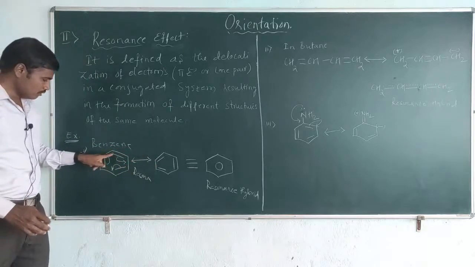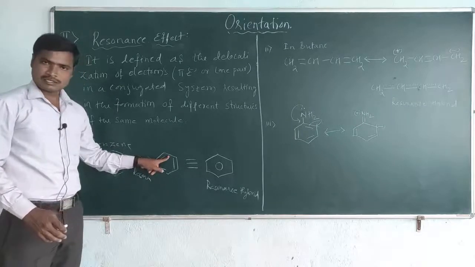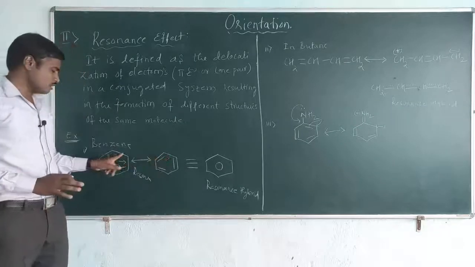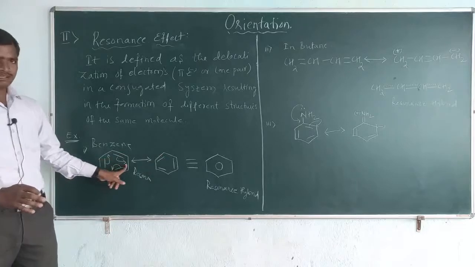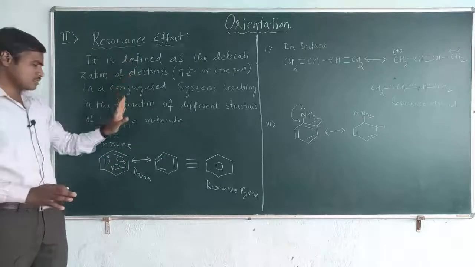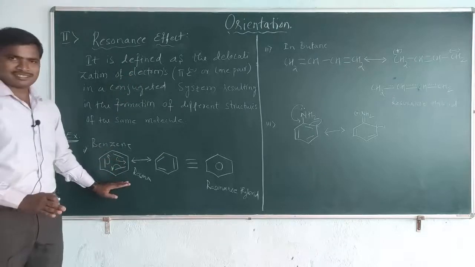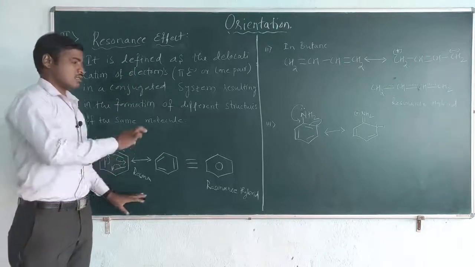So in this molecule the double bond is in between these 2 carbon atoms, but here there is only a single bond. That is because of the delocalization of this electron. Yes, so that we call the resonance effect. Resonance effect is nothing but delocalization of the pi electron in a conjugated system, so that it results in different structures